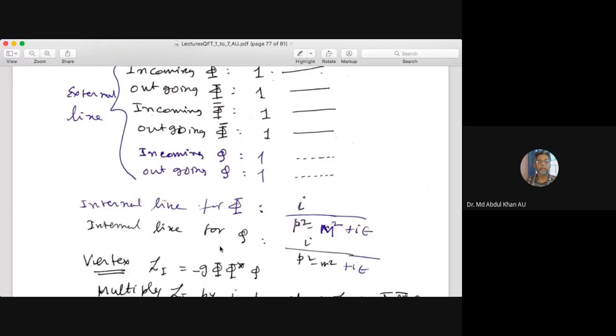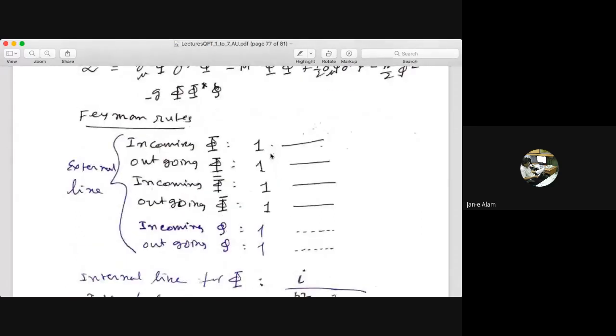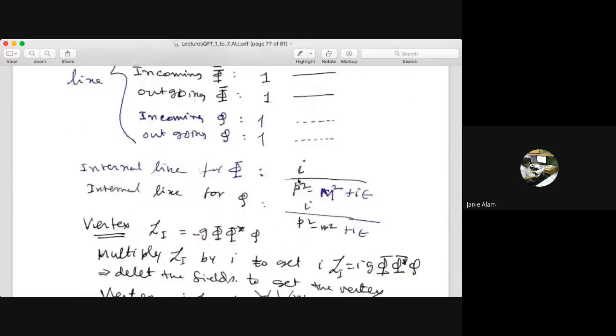So you see, this is the Lagrangian. Now I am developing the Feynman diagram, and you can do it without going to the details which I have discussed. Suppose any scattering process, there will be some incoming particle and outgoing particle. For any incoming scalar particle, always 1. For any internal line, I should associate i by p square minus m square, if m is the mass, right? Capital Phi, and if the mass is small m square, then this.